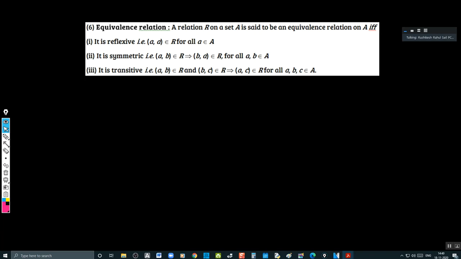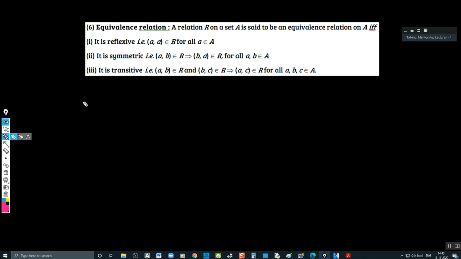So it is identity relation only, no? Identity relation is also all three, no? Reflexive, symmetric, and transitive. No. That's why I took the example for reflexive. You need not have identity to become an equivalence relation. Identity is different. All the elements must be reflected in the identity relation. But in a reflexive relation, all the elements need not be reflected. Whatever pairs are there in it must have reflection.